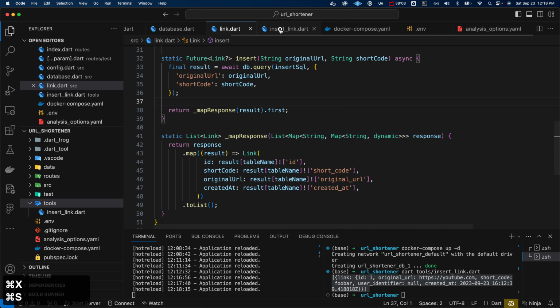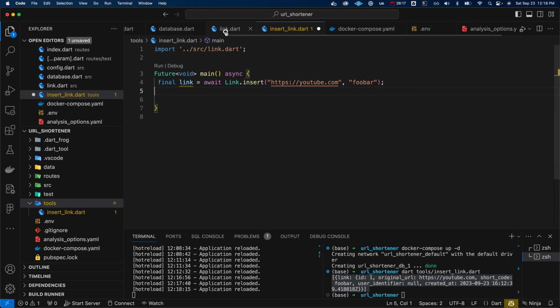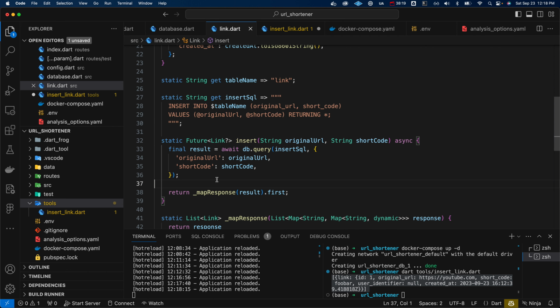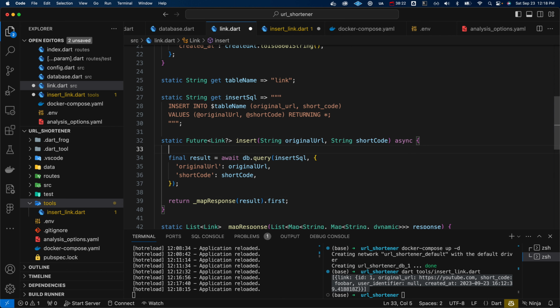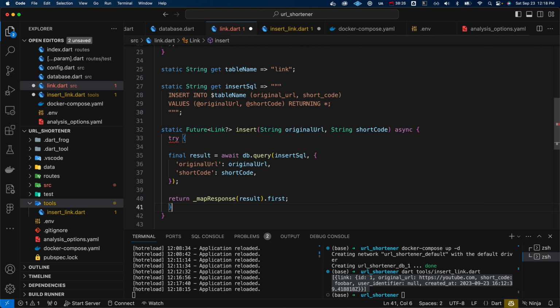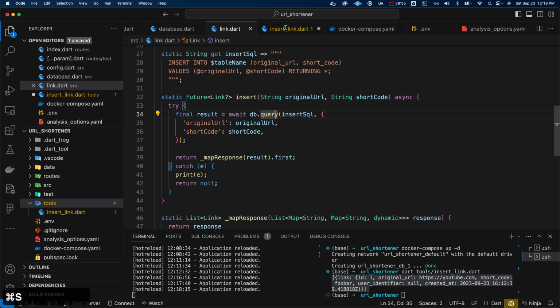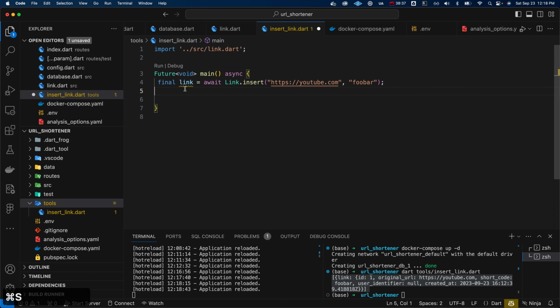So now if we go back to our lovely testing thing, let's actually capture this now. Final link equals this. Now, what could this be? This is technically a nullable link, and the reason it's nullable is something could go wrong here. So in the insert, we will actually wrap this in a try so that we can be a little bit more graceful and return null, and we'll print out that error for our own logging purposes. And then back over in our insert link, we can do something like, if link does not equal null,